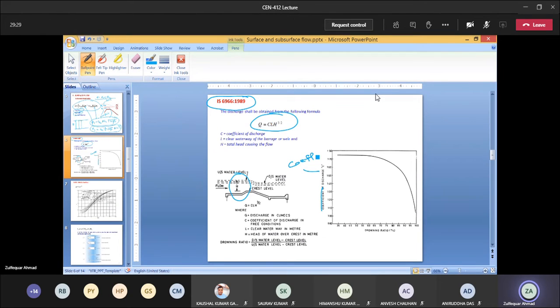And this C is given in terms of the drowning ratio. Drowning ratio means, let me draw a line diagram here. The water level here is this, right? The water level here is this, right? So now this one is a crest. So let us say you have this one as a